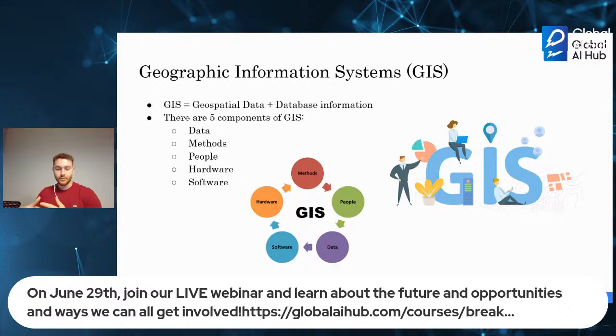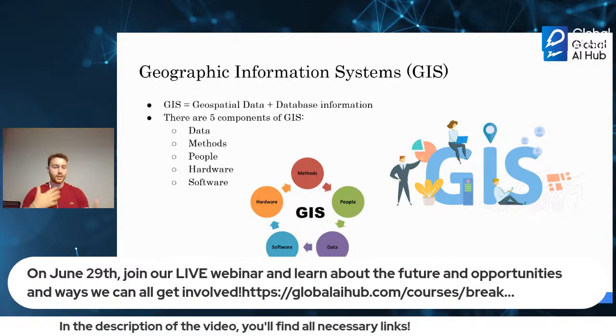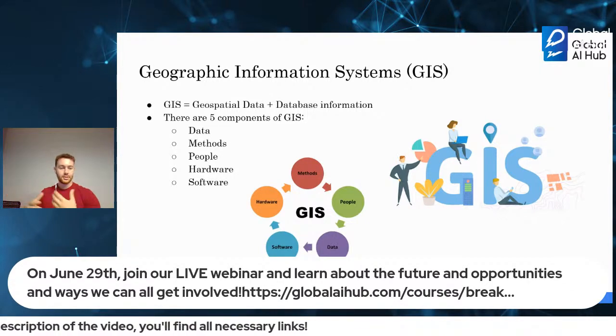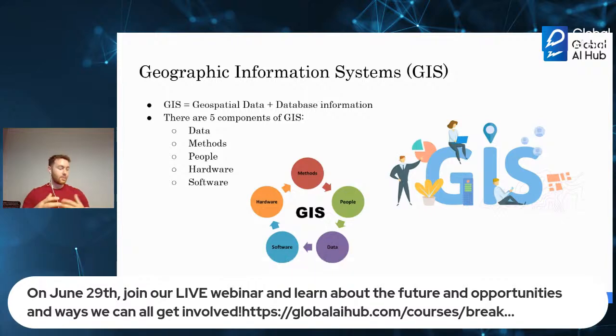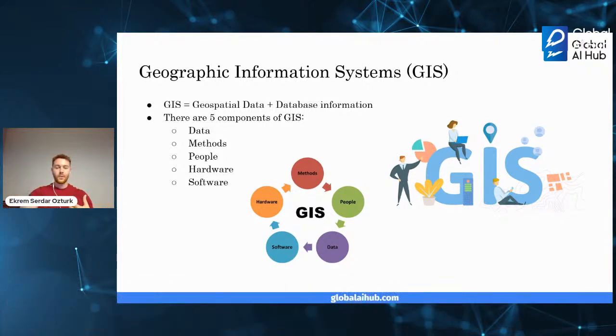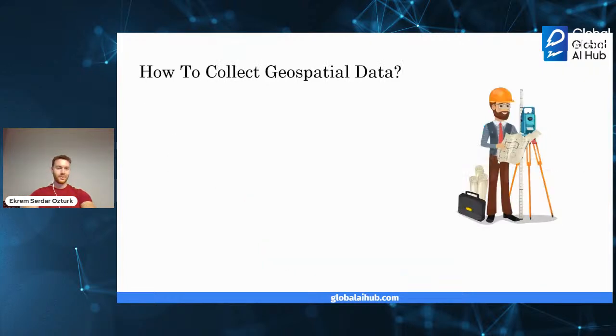You need people, of course: managers, GIS technicians, people to get the data. You need hardware, like printers; for example, you need a computer. Also software, like GIS software, to use GIS, of course. So they're also self-explanatory.